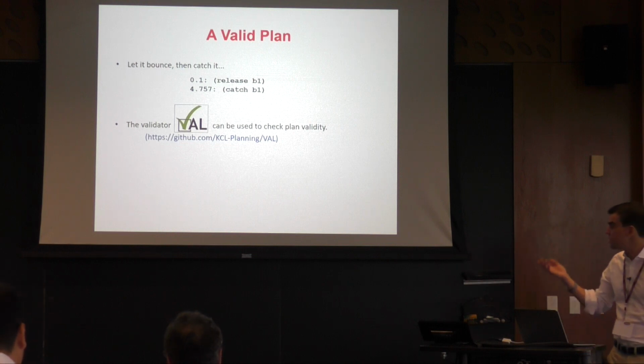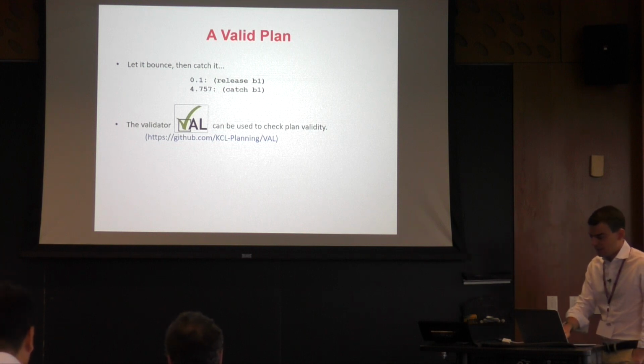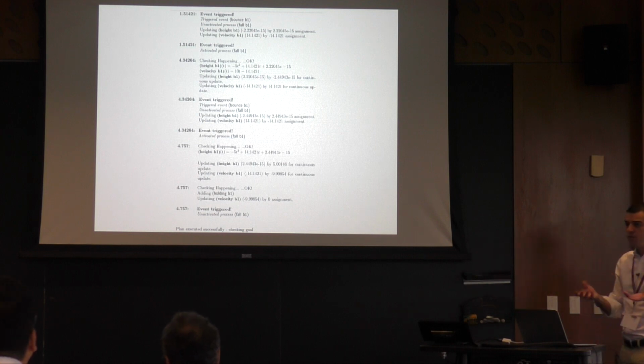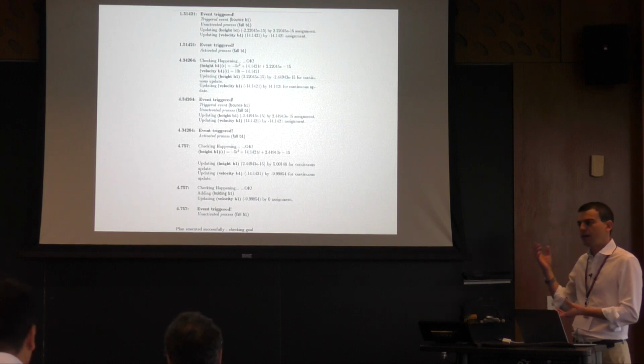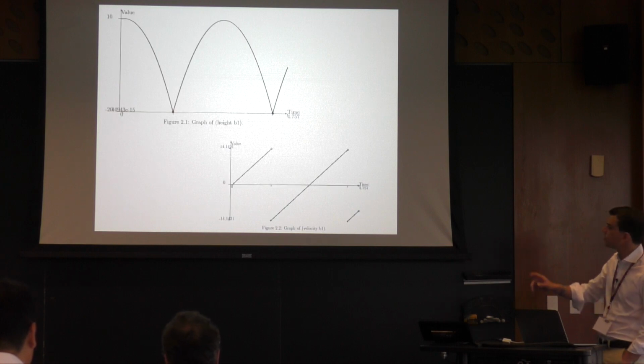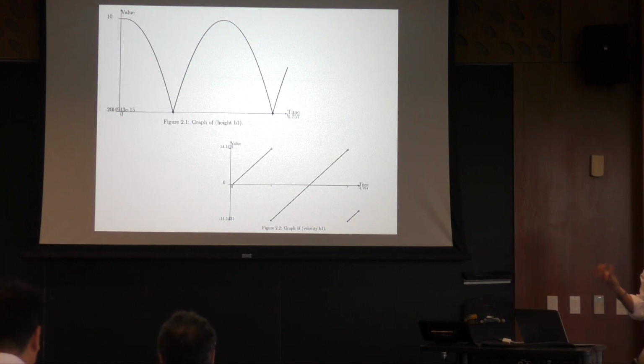So the community has got this validator, VAL, that allows you to check the validity of the plans. And this is an example of the report provided by VAL. So you give in input to VAL the domain description, the problem file, and your plan, and VAL provides you a full validation of the plan, showing that it's valid according to your domain. Okay, and also VAL, just for your information, also provides you a LaTeX representation of the continuous dynamics of variables.